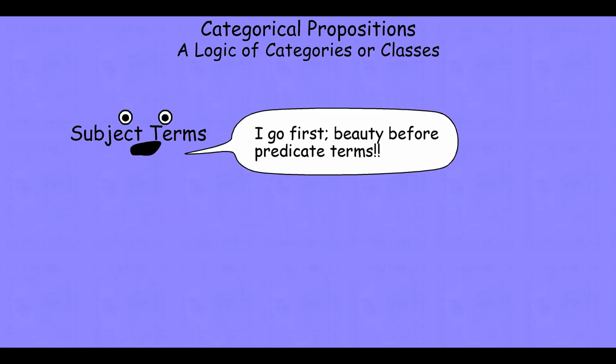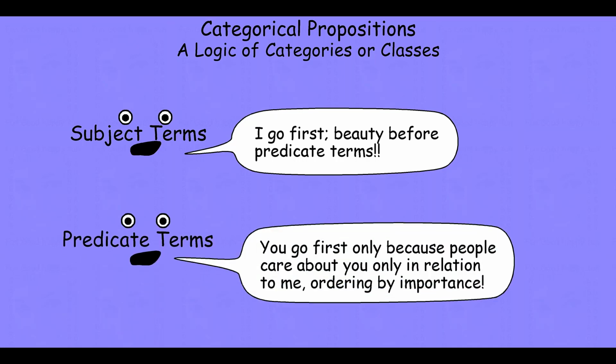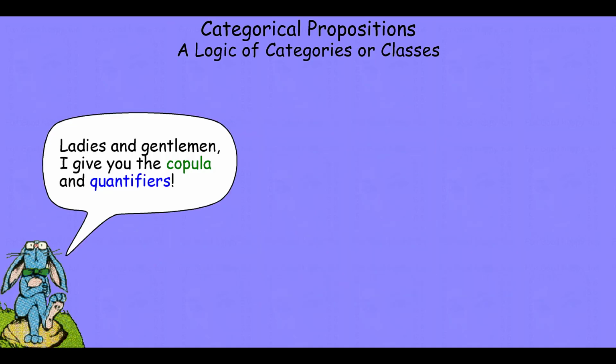Let's get started. Our subject terms and our predicate terms are the elements of our categorical statement that pick out classes. The subject term is always the first term. It's always the one that is the object of relation. So it's being related to, included in, or it's being excluded from. And it's always in that first slot. The predicate term is always in the second slot. And it's the class that is either being said to include or exclude that subject class or some of its members. The relationship between the subject and the predicate class gets specified in our logic using copula and quantifiers.